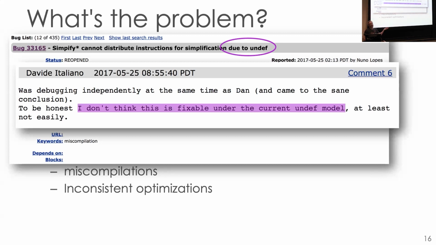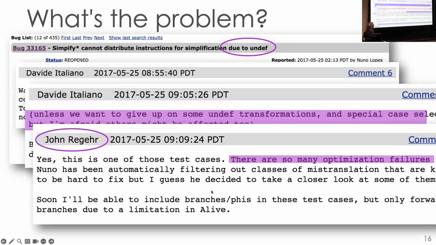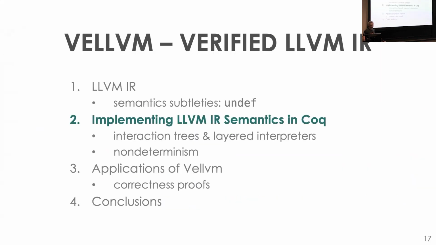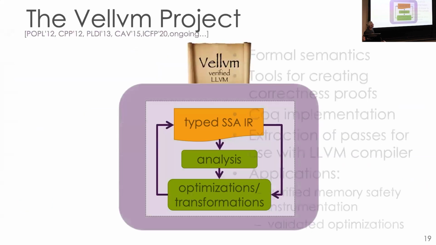You get wrong-code compilation errors because of these sorts of semantic things. If we want to give up on some undef transformations, we have to really think about these. Here's John Regehr: there are many optimization failures because different parts of the compiler make different assumptions about, say, how undef behaves. OK, so what we're trying to do in Vellvm is basically